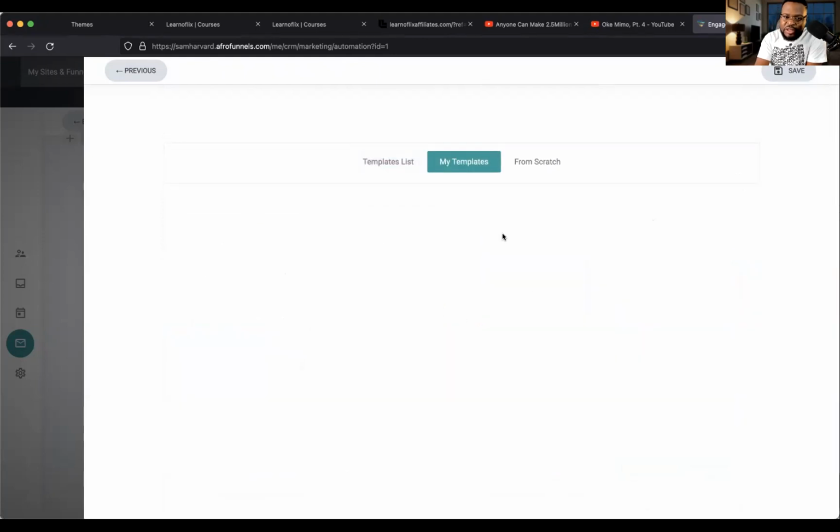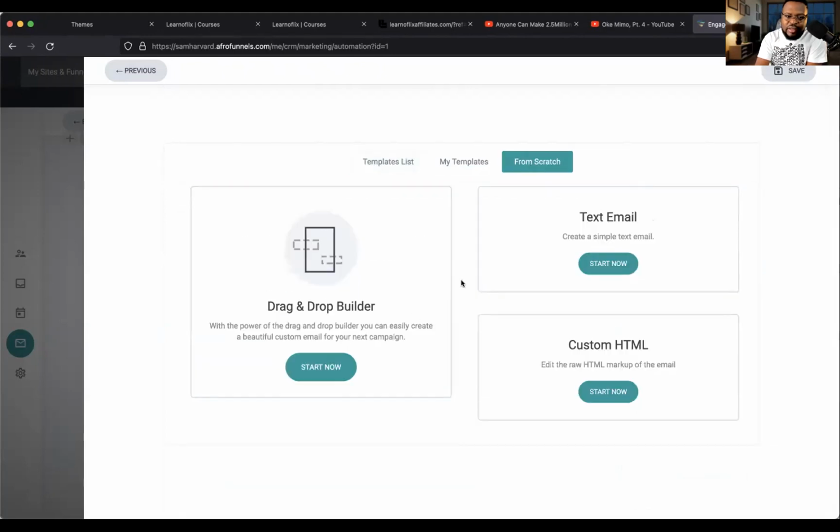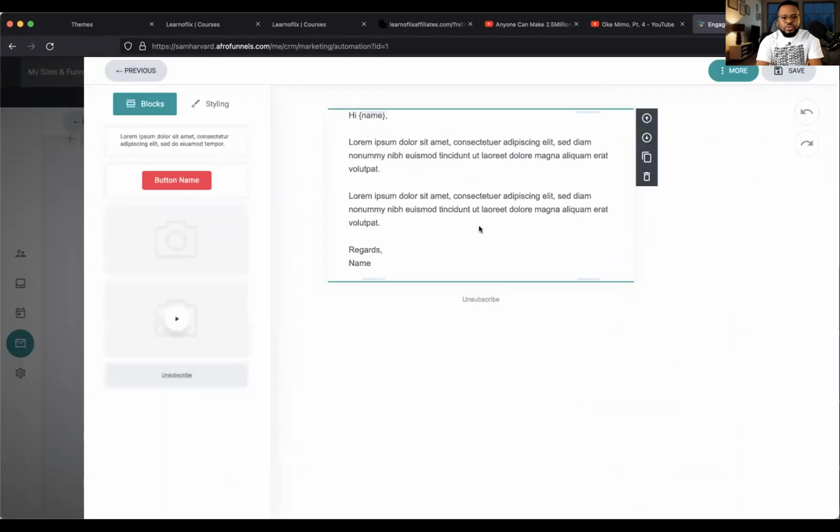If I create a template, my own template will be here, or I can build from scratch. There's drag and drop, there's text email, there's custom HTML. So it could be a simple text, it could be a drag and drop, whatever you like. So you can start with this. So I name, so you can say,